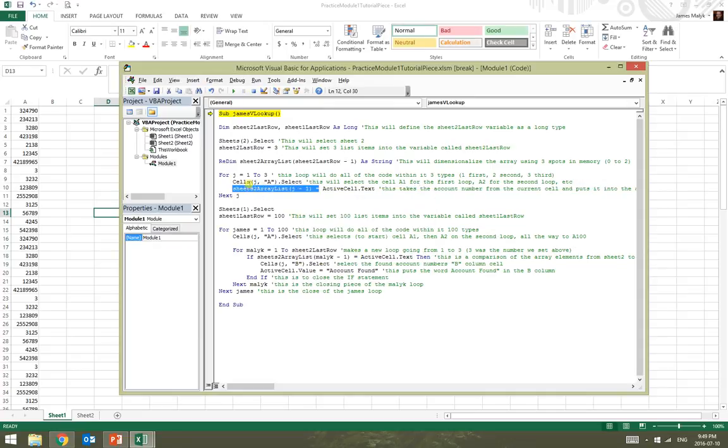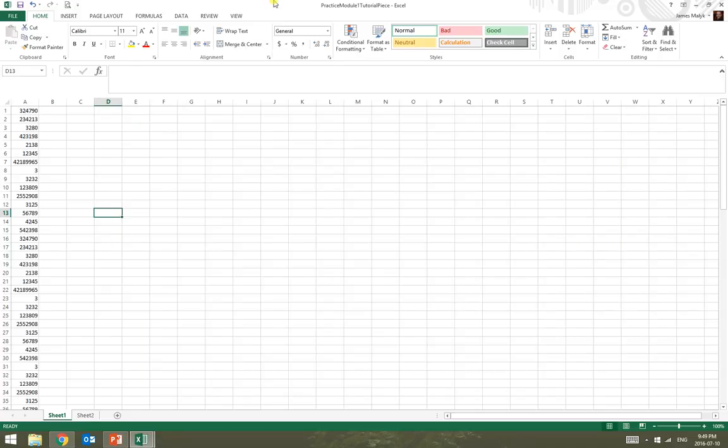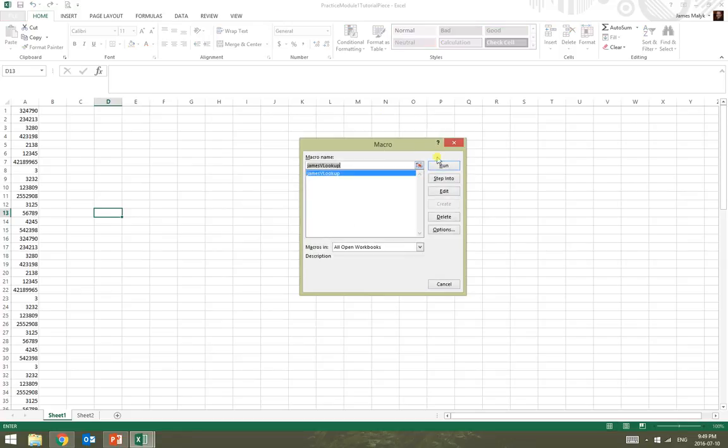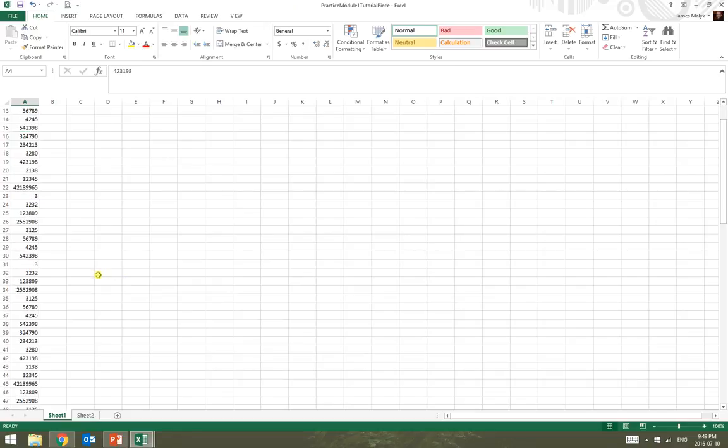This is Sheets2 array list. I call this Sheet array list. So what I need to do is stop my code, put an S in here, and then I'll go back and rerun it. This is the way that you debug your code. We'll run it, and you'll go through and you see that